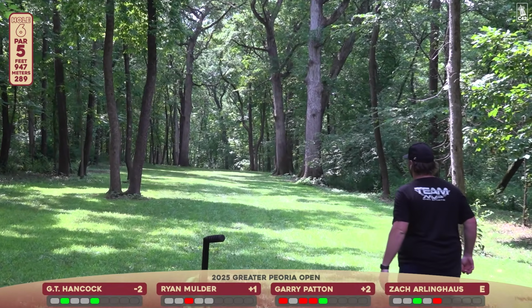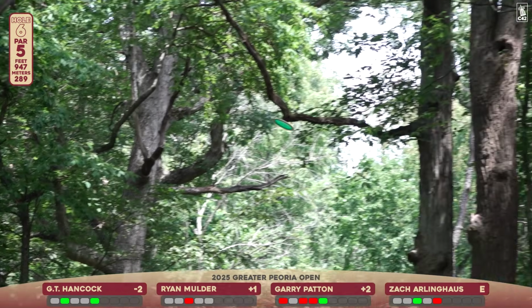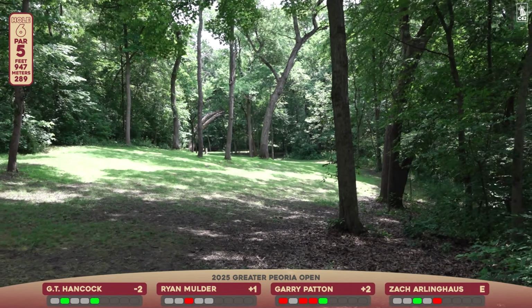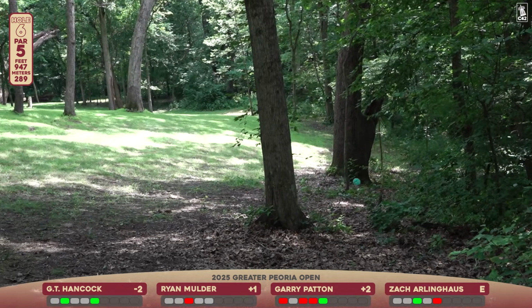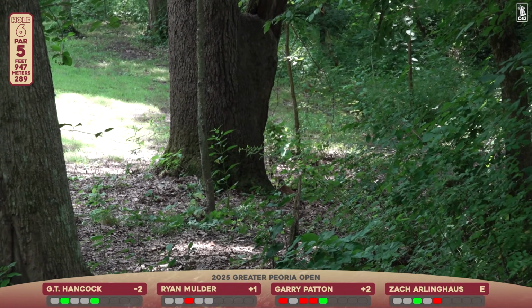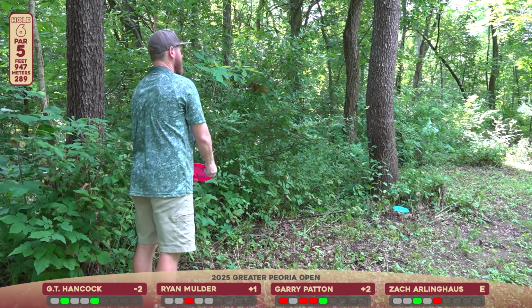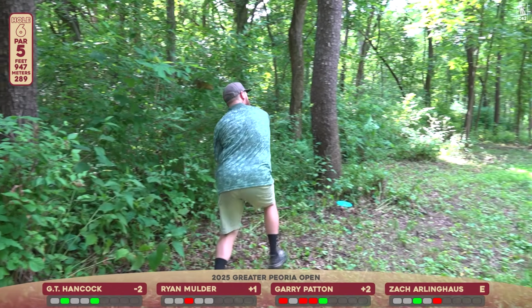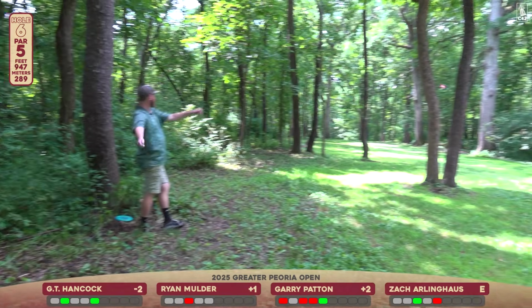So you might notice on the coverage, I'm going to address it now before someone leaves a comment. Garry just foot faulted. He just put his foot wide right of the disc. A lot of these pin positions are dogleg left, right, hooked around a corner of some kind. You have to make sure your planting foot is directly behind the disc in relation to the basket. Yes. So you're going to see some of these guys, like right now, GT actually...